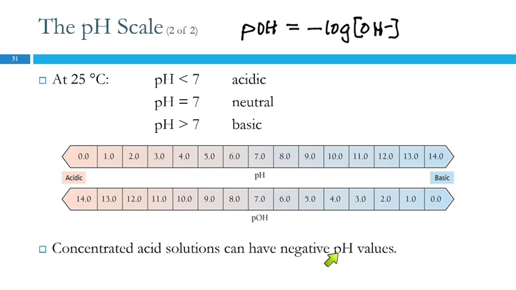It is possible to have negative pH values when you have a very concentrated acid solution. I don't know that we're going to see that much, but it's possible, just to let you know. Negative concentrations aren't possible, but negative pHs are. Any questions? Negative concentrations are not possible. Negative pHs are possible. Because what if you had a pH of negative 1.5? It's going to be a pretty strong acid, yeah. But that means that the hydrogen